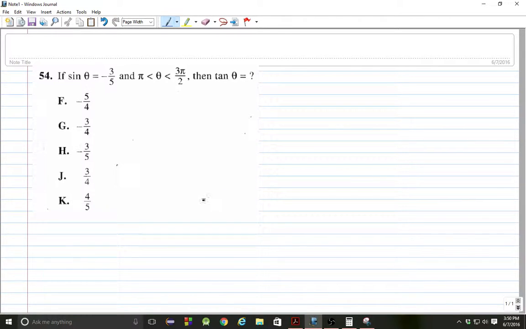Okay, almost done. If sine of theta equals negative 3/5 and theta is between pi and 3 pi over 2, then tan of theta equals... Okay, so this is essentially the unit circle, the radian system. Remember that in the unit circle we have